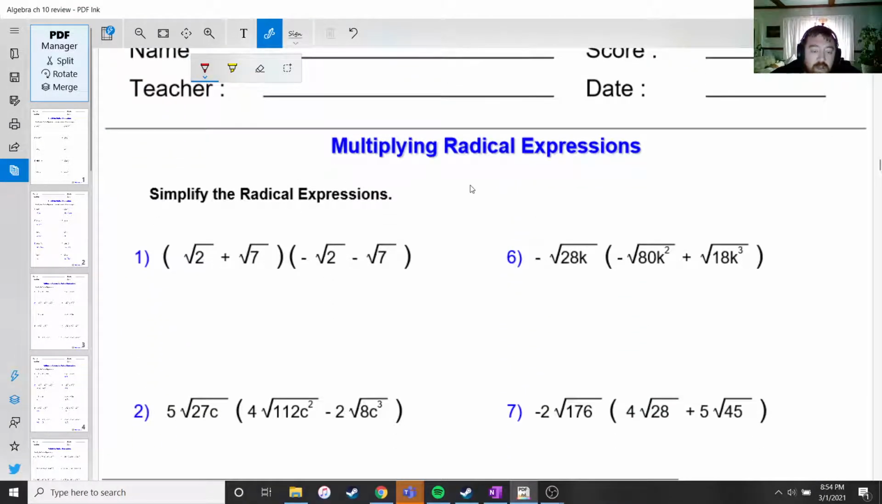When you're multiplying radical expressions, what I would do is, you're just doing the exact same kind of stuff that you were before. So this one here is going to be radical 2 times negative radical 2, which is going to become negative radical 2 squared. Radical 2 squared is just going to become negative 2